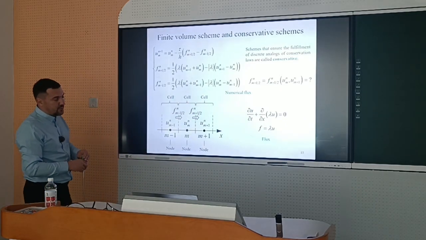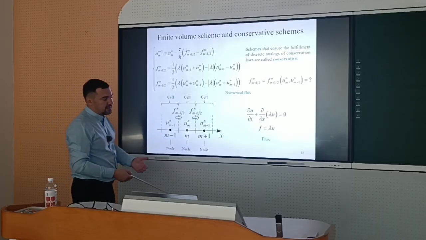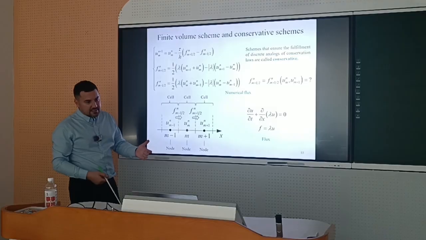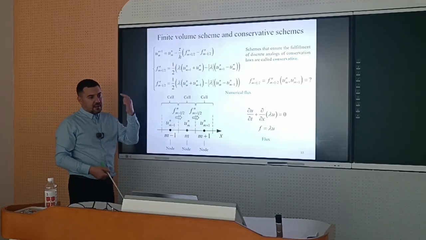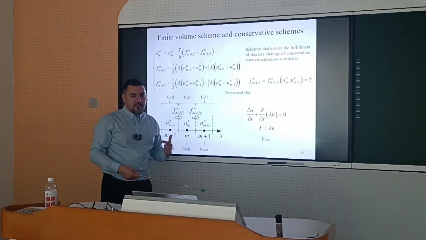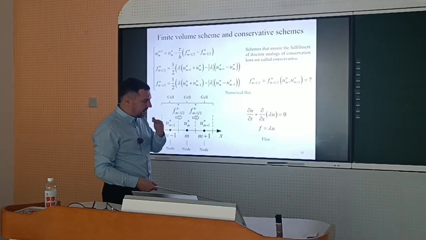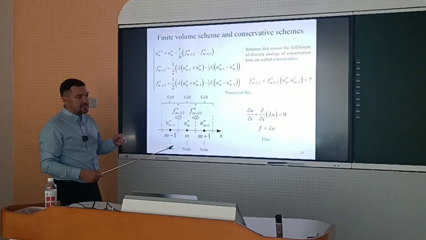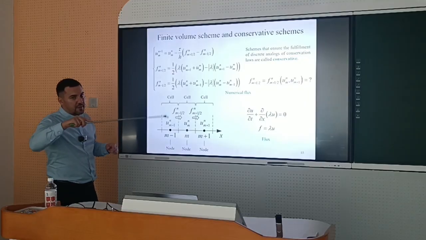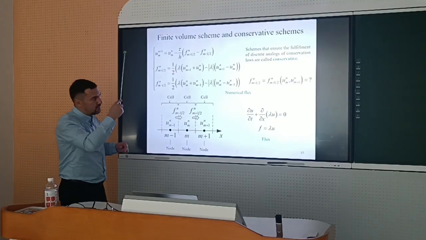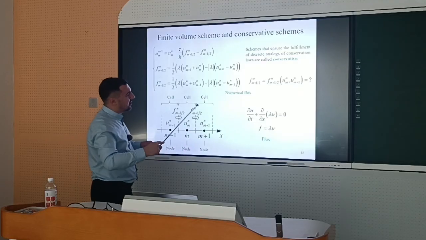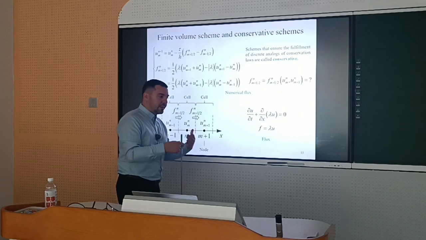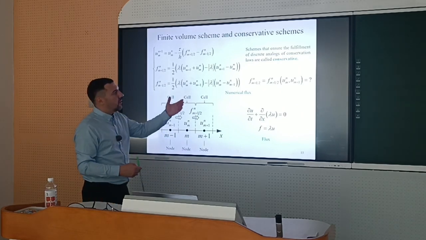We discussed that the most important properties of a numerical method are convergence, stability, and consistency. That is not enough. For example, in the previous lecture, you can check that when we used the central difference scheme, our numerical solution was non-monotonic. Our exact solution was a decreasing function, and our numerical solution was non-monotonic. So the property of monotonicity is very important,